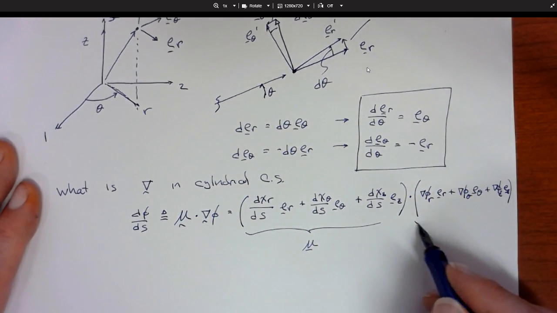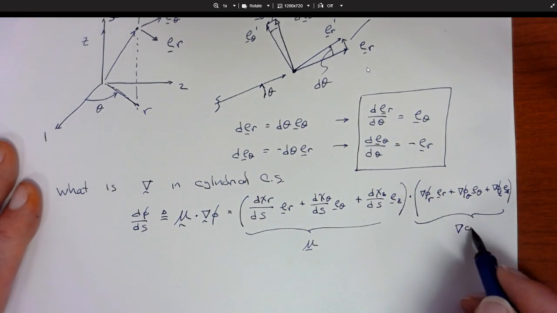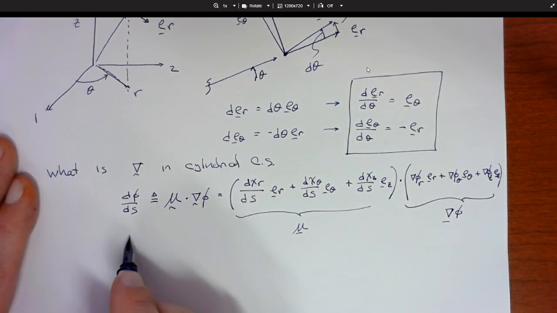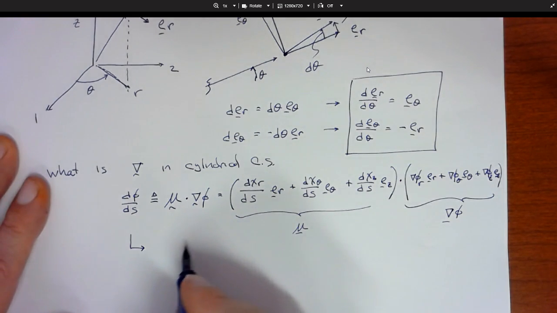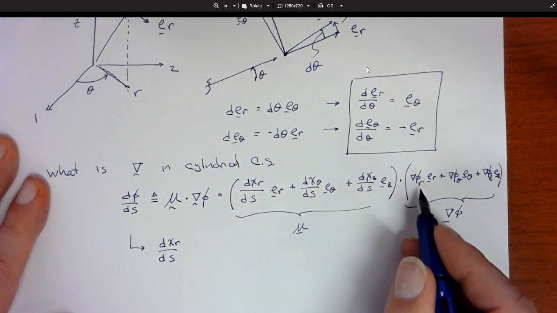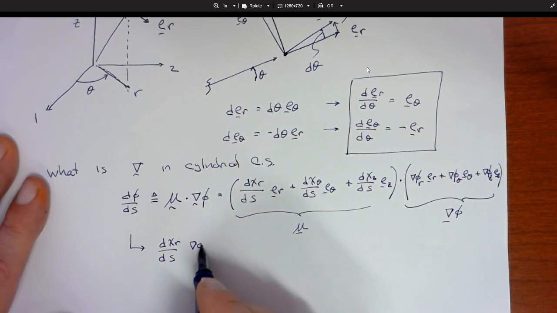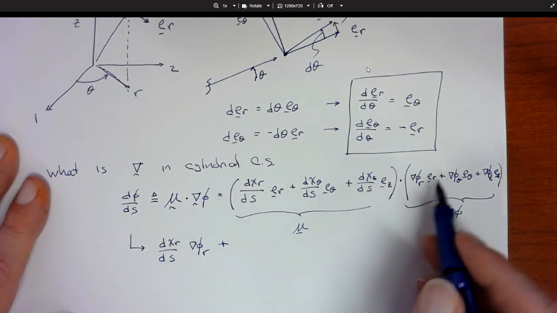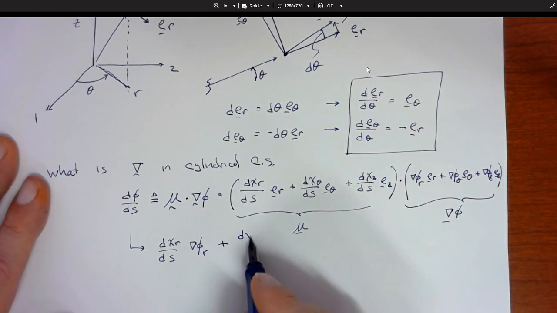So once I do this dot product, I get dxr ds, because this only gives a non-zero component when I dot with this, so I get grad phi r. And then from dotting this component with this component, dx theta ds times grad phi theta,